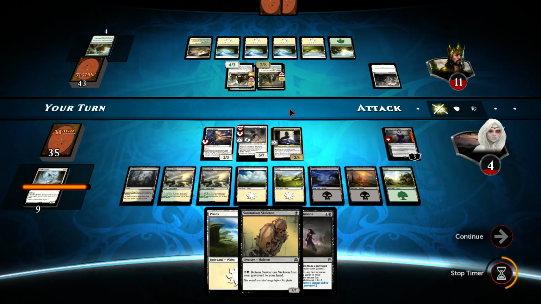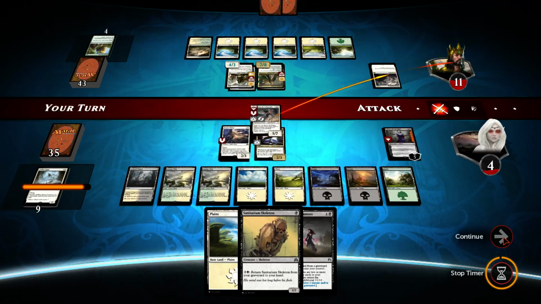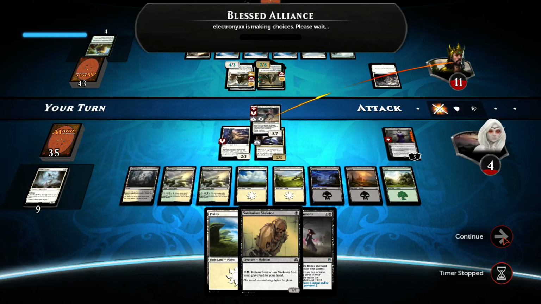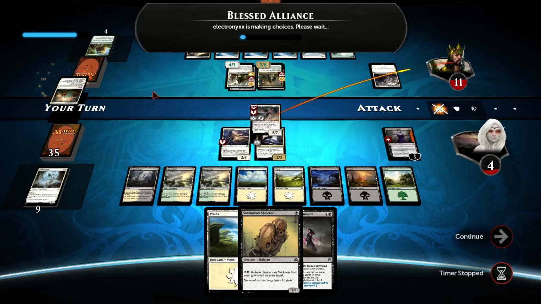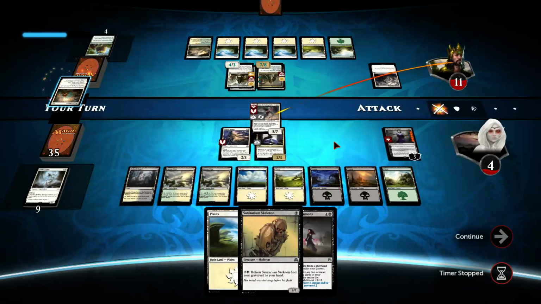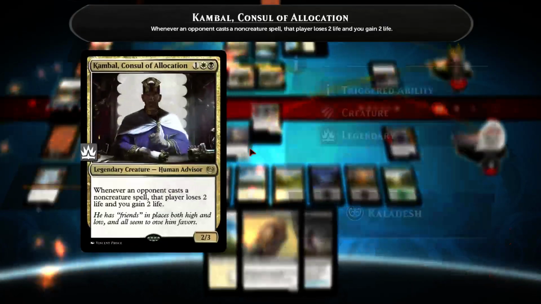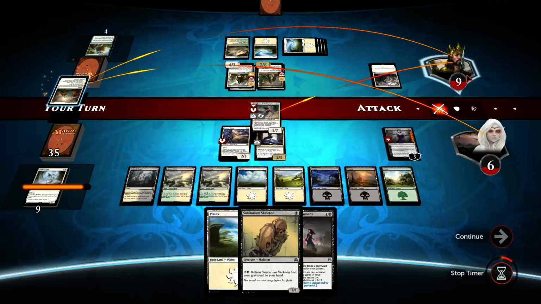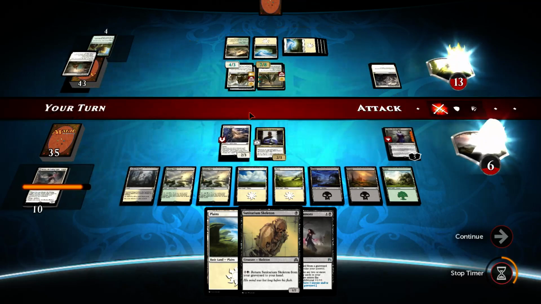Let's first swing and see if the opponent has found some way to deal with our Bruna. Blessed Alliance. I thought so. He gains 4 life? Alright, we gain 2. He loses 2 thanks to the Campbell, so he's going to gain only 2. We have to sacrifice the baby,